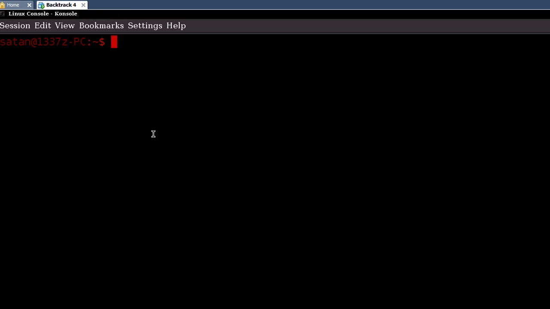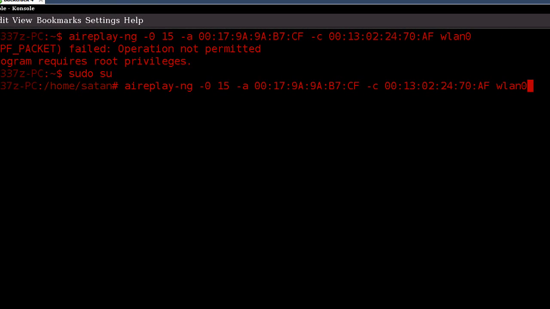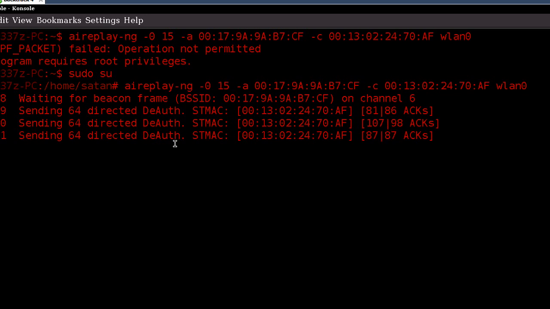And I'm going to open up another shell console here. In this new shell console, we want to type in the aireplay command that we had earlier. And I need to give myself admin to do that. Okay, great. Anyways, let's go ahead and notate down the aireplay command, and we want to make sure we do this while we have that dump taking place. And we can just hit enter,